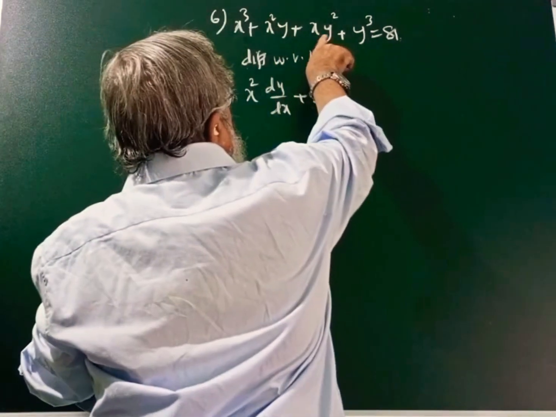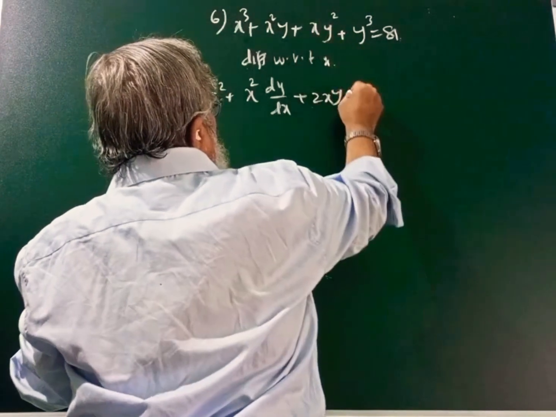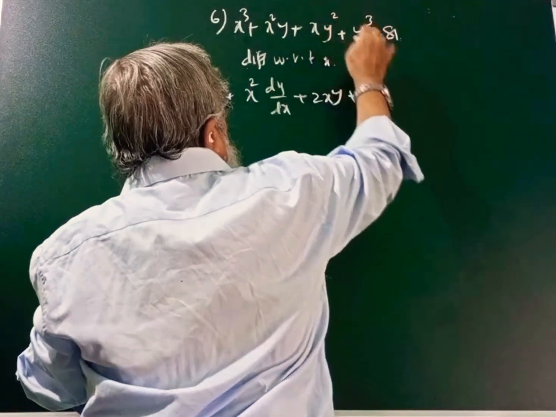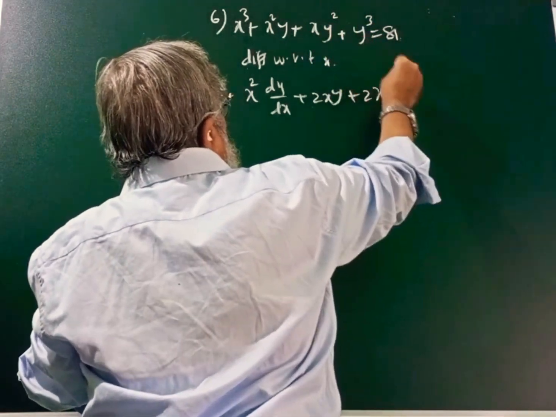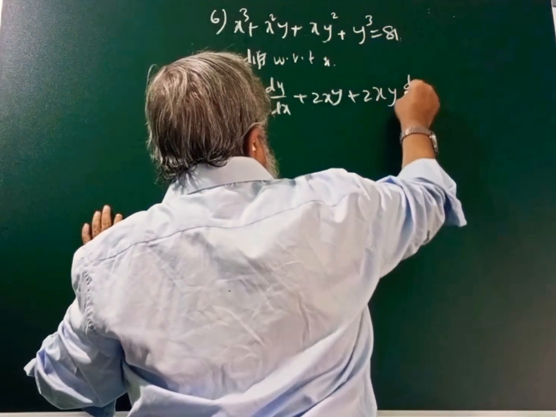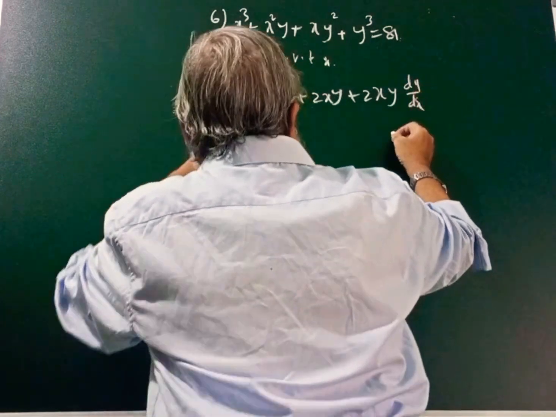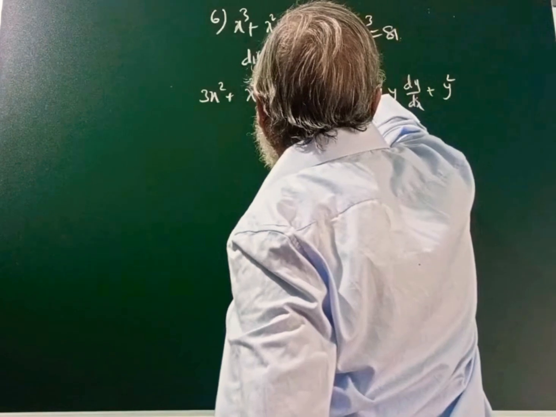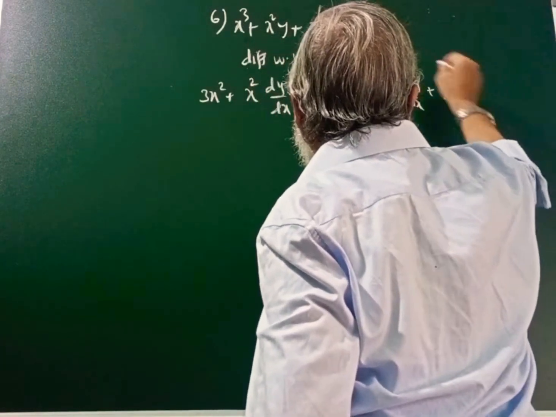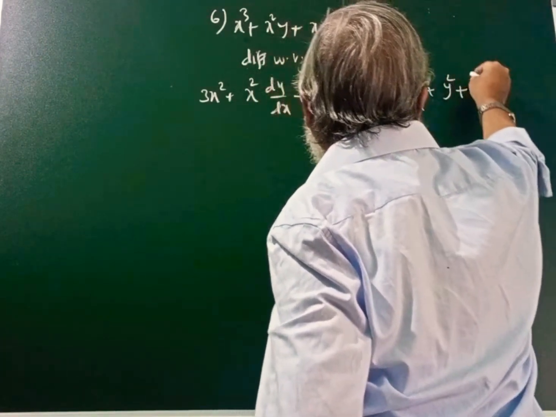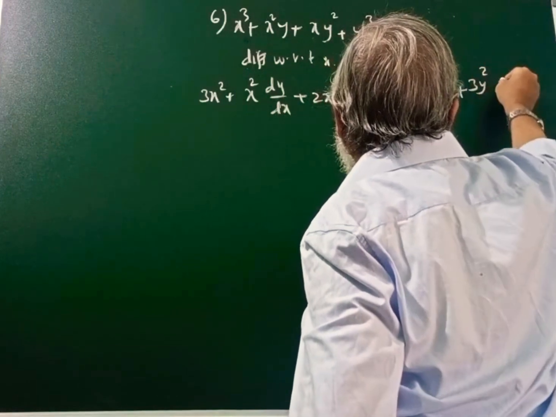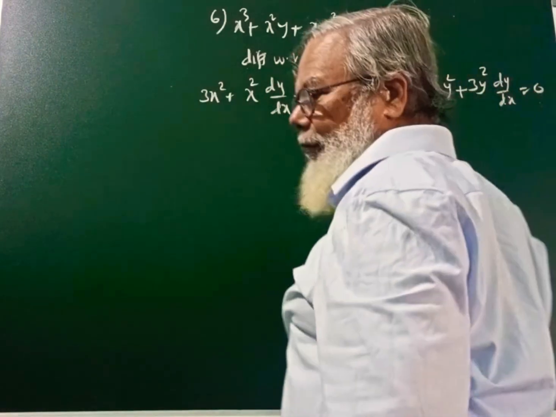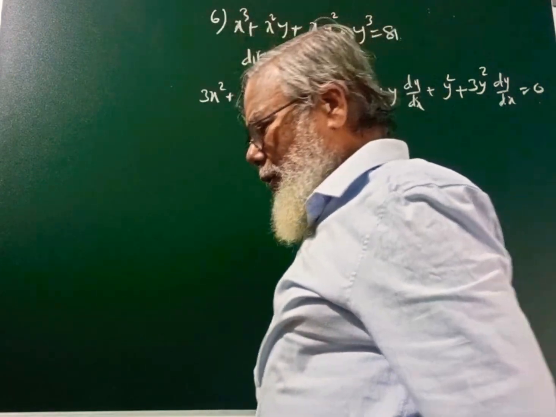Now again here also we have to apply the product rule. First function as it is, differentiation of y square, first with respect to power is 2y, and differentiation of y is dy by dx, plus second function as it is, differentiation of x is 1 here. Again, differentiation of y cube, that is 3y square into dy by dx. Differentiation of a constant, 81 is a constant, it is 0.